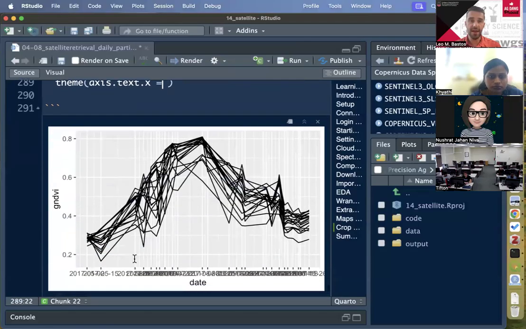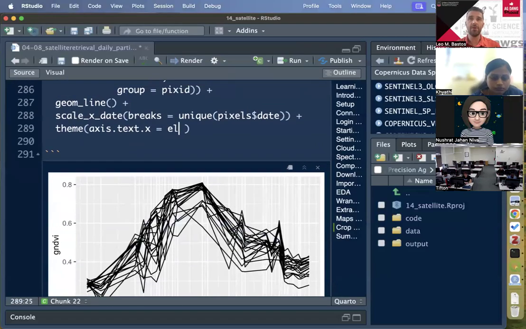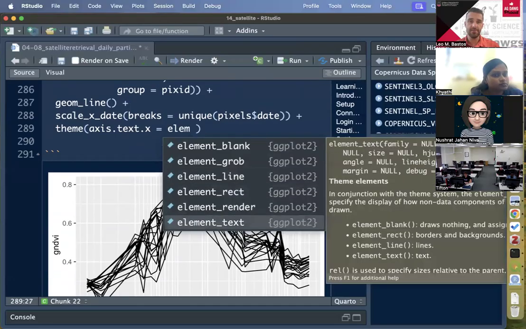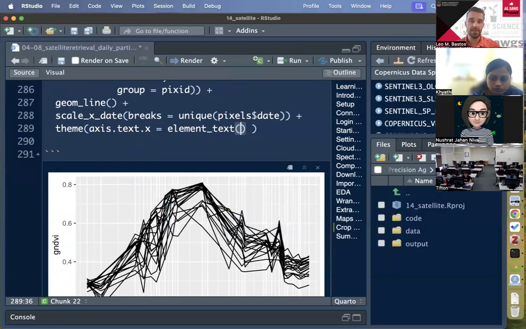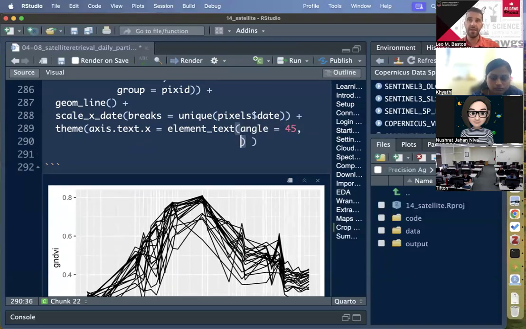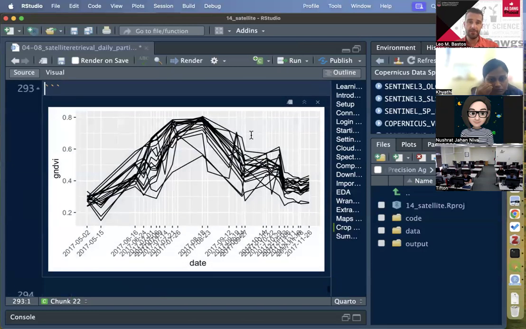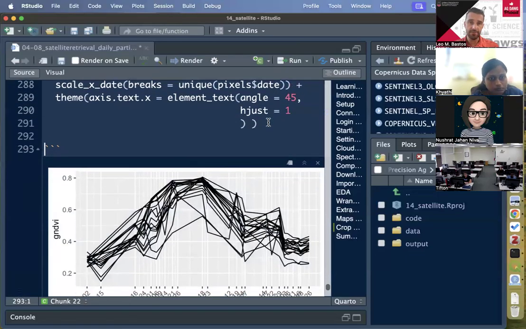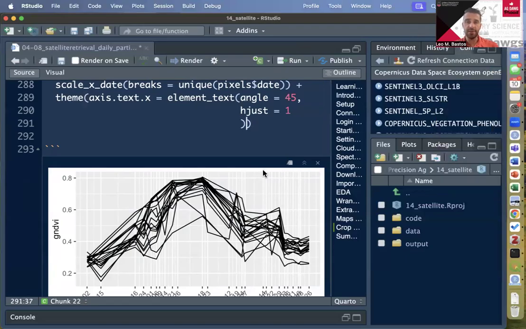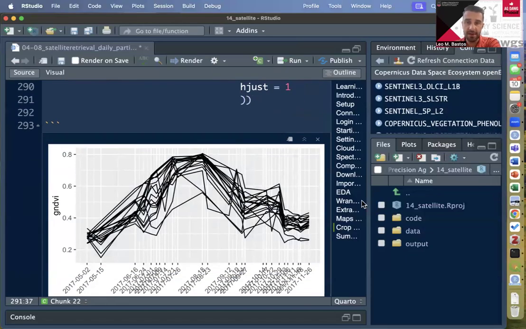Because we want to change the actual text, we call the element_text function that has an argument for angle. We want angle to be equal to 45. It has an argument for hjust, which is the horizontal justification. I want it to be equal to 1. If we use this, now it's going to change the angle and the justification of the dates, and then you can see better